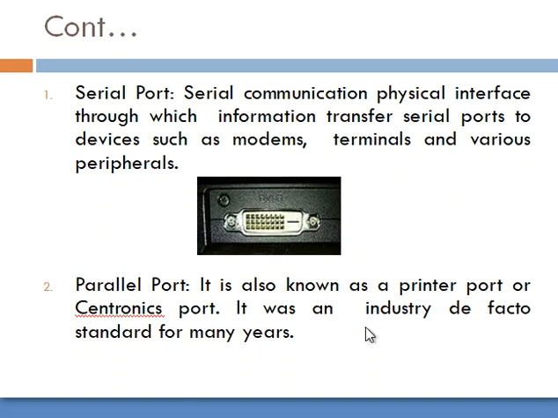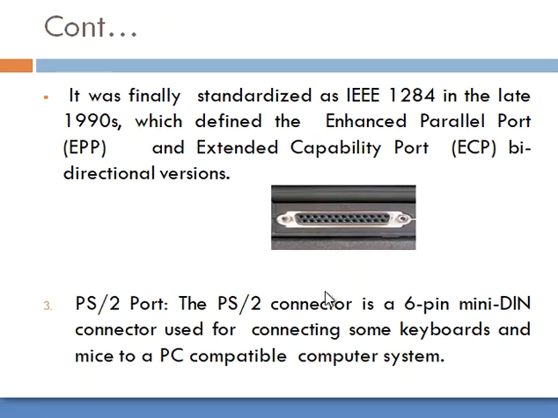Next one is the parallel port. As the name indicates, it transmits the bits in parallel format, and the pin size is a 25 and 36 pin connector. This is the parallel port definition. Now we can see the diagram of this parallel port. The parallel port has a 36 pin connector, and the speed is very high in comparison to the serial port, and more pins are supported by the peripherals. So it is a very good invention after the serial port.